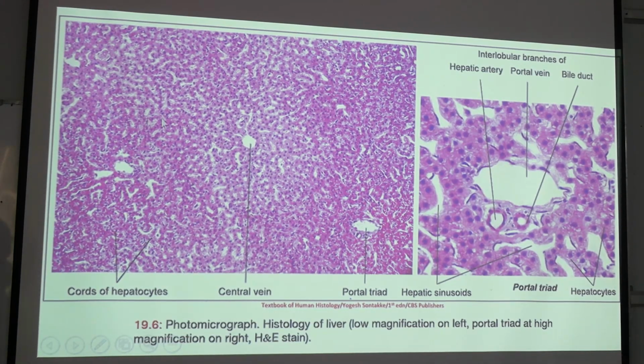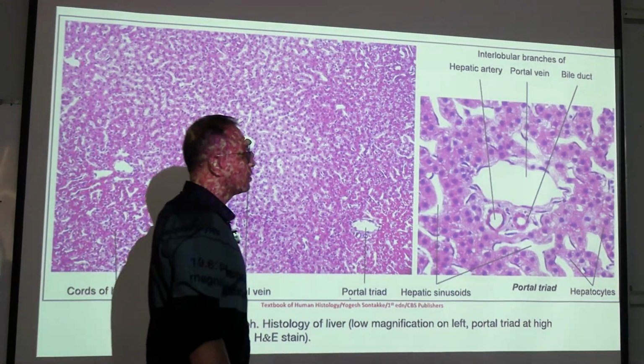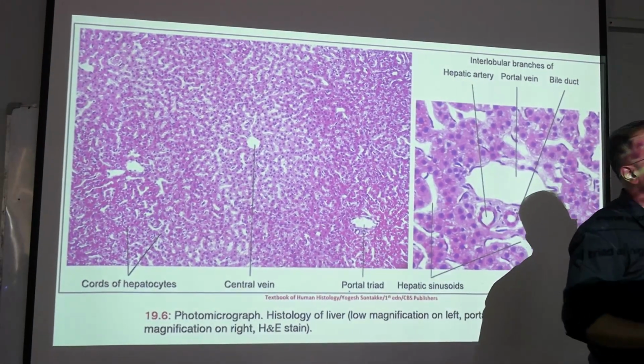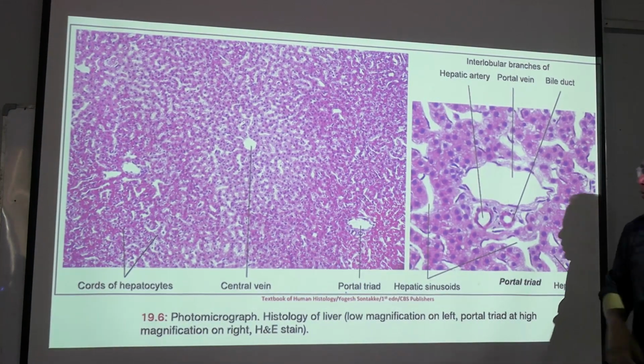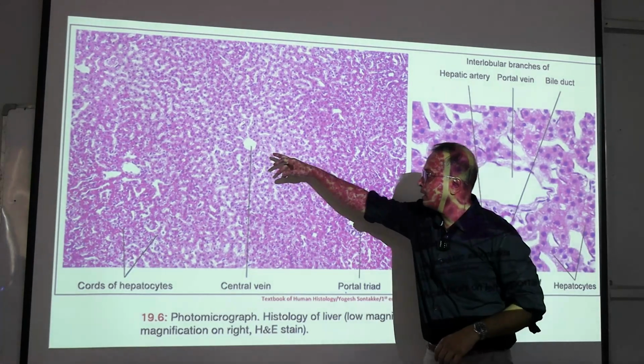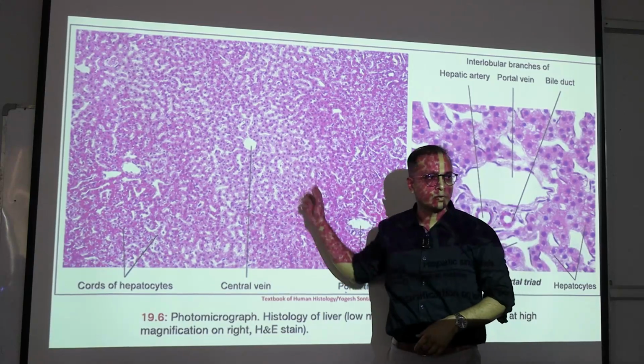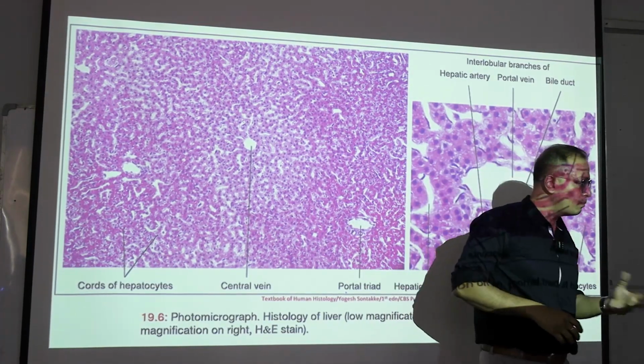You have to imagine how these things look like cords of hepatocytes, radiating outward. We have two slides present in two specimens placed on the microscopes. Go through them, try to identify the central lobule, which is focused in the central part, and try to go to the margins where you are going to see the portal triads. So this is what we are going to identify, the central vein and portal triads on its margins. Not all the hexagonal margins will show a portal triad, a couple of them will be having